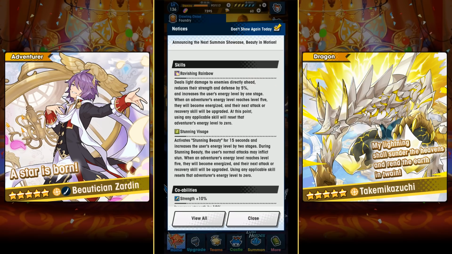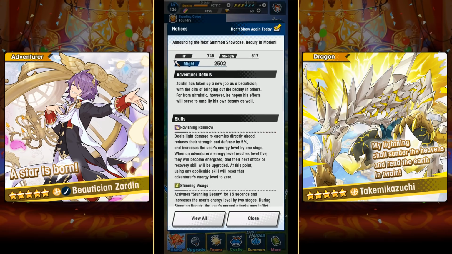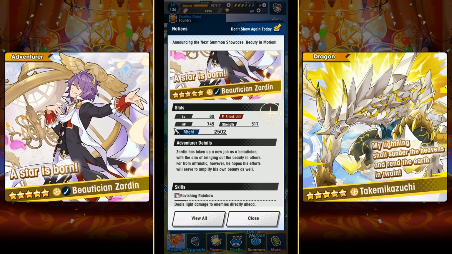Of course, true to Zardin, that is the case, but as for his skills, Ravishing Rainbow deals light damage to enemies directly ahead, reduces their strength and defense by 5%. We're going to have to wait and see what the percent chance of that is, but that's a pretty good effect, and increases the user's energy level by 1 stage. The rest of this text just explains how energy works. Every musical note you have is an energy level. Once you get 5, you are said to be energized, and then once you're energized, your next skill, whether it's an attack or heal, it'll basically be 50% more effective. It doesn't work for buffs, but attacking skills will deal 50% more damage, and heals will heal 50% more. So that's how Ravishing Rainbow works. Hopefully being the first skill on Zardin, it has a pretty quick cooldown, so he can utilize this fairly often,